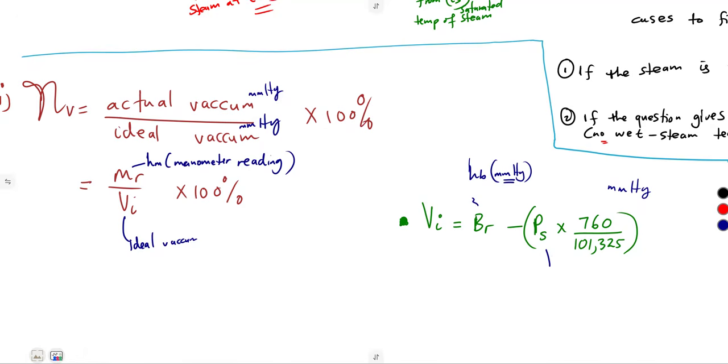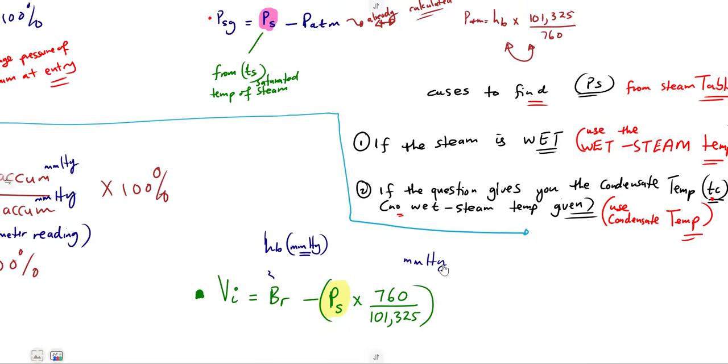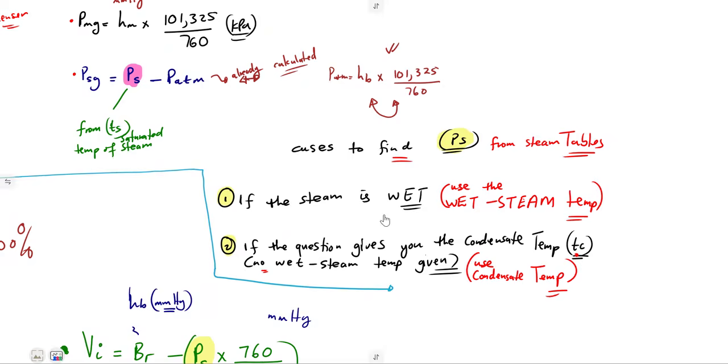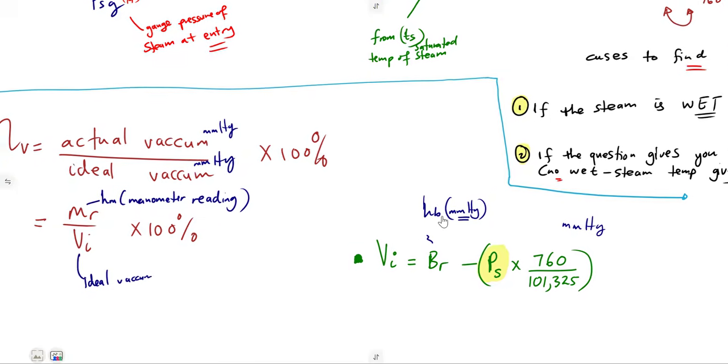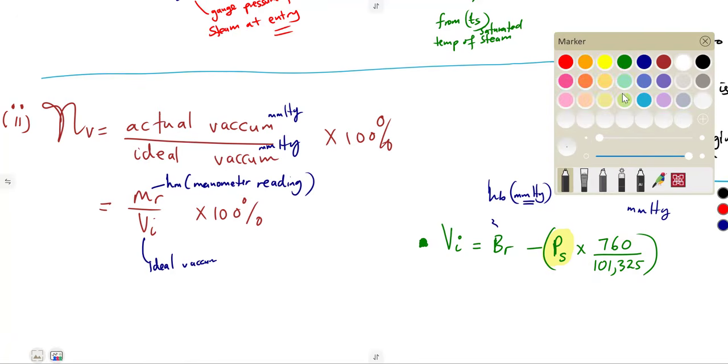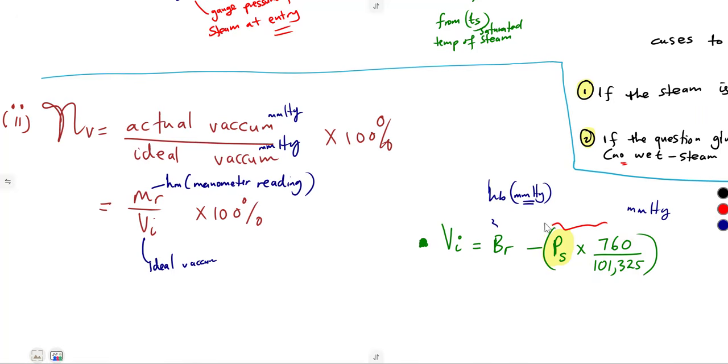So here we are still on the same PS that we talked about before. Same PS, nothing has changed here. The way that we determined our PS is not going to change. We talked about how to determine our PS from our steam tables. There are two conditions: if the steam is wet or if it is quiescent. So nothing has changed. In kilopascals, then you convert it to millimeters of mercury by multiplying by this. So that is going to give us what we need, guys, which is our